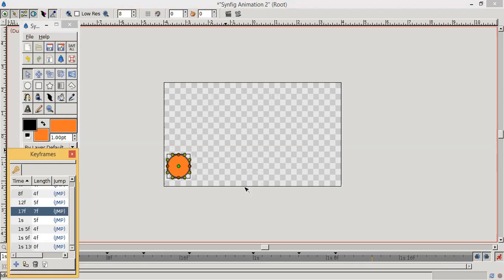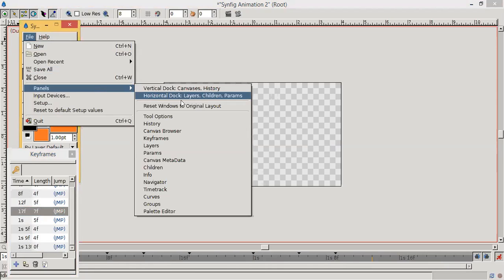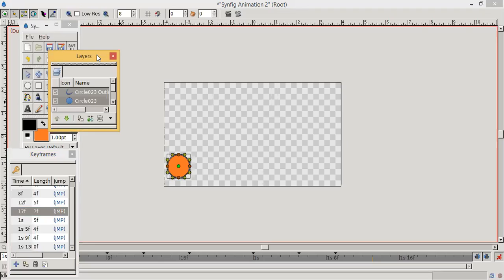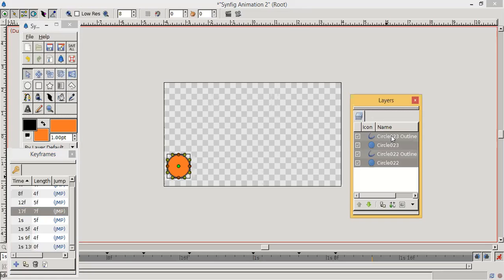Now we are using another panel, the layers panel. Now just select this one layer.